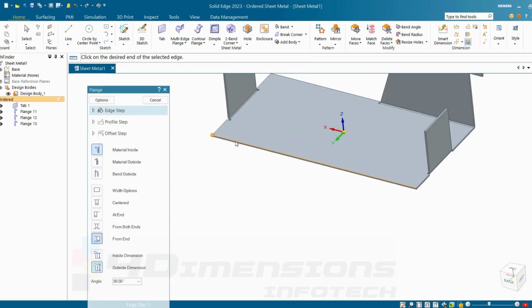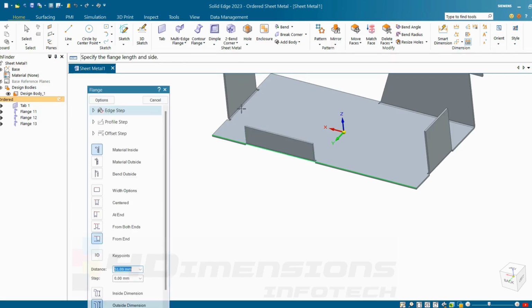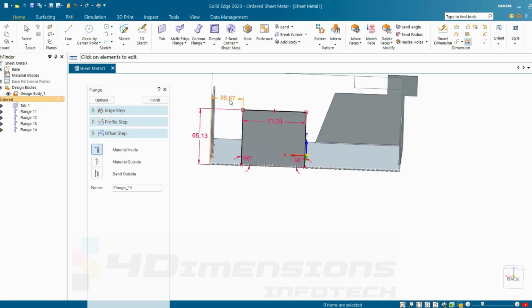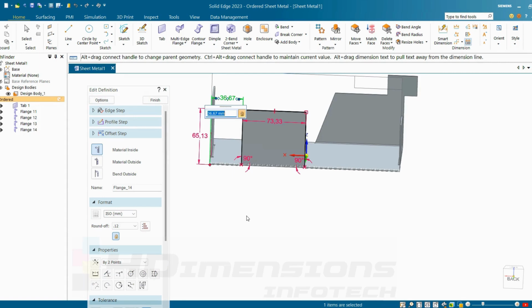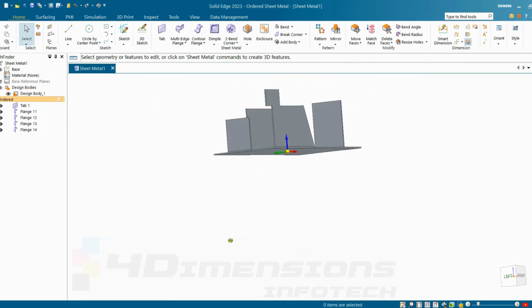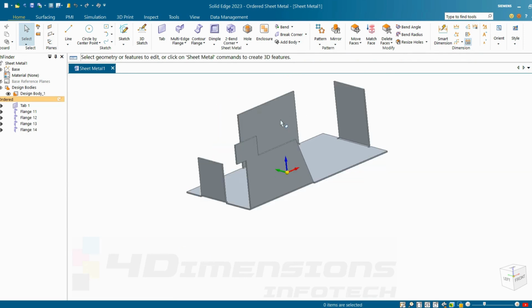the end. So now at whatever end I'll click here, this flange will appear having two dimensions, one from the end and one this width option. So I'll change these values also here. I'll say 40 mm and here I'll say 90 mm. Say finish and cancel. Again if I want to edit the profile of the shape, select the flange, go for